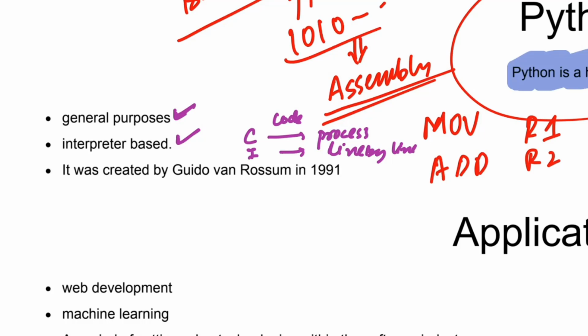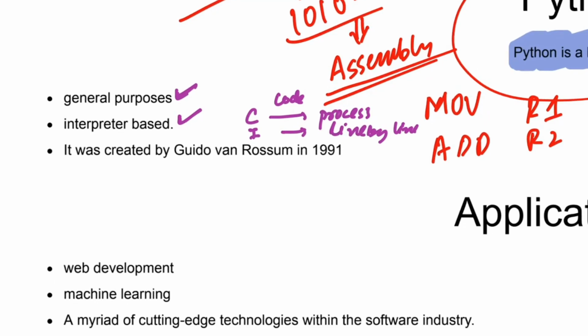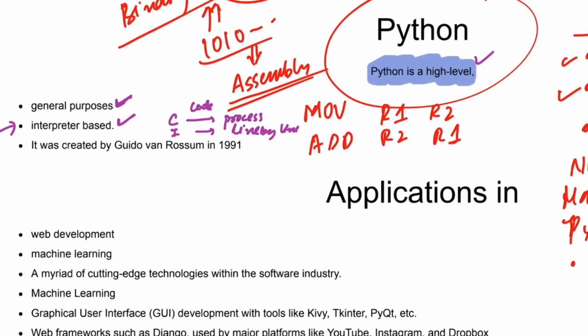But if you look at Python, it actually uses a compiler as well. Technically speaking, you might not find that in the online blogs where people usually write that Python is an interpreter-based language, but it's actually an interpiler-based language. Python has a compiler as well, because, as I said,